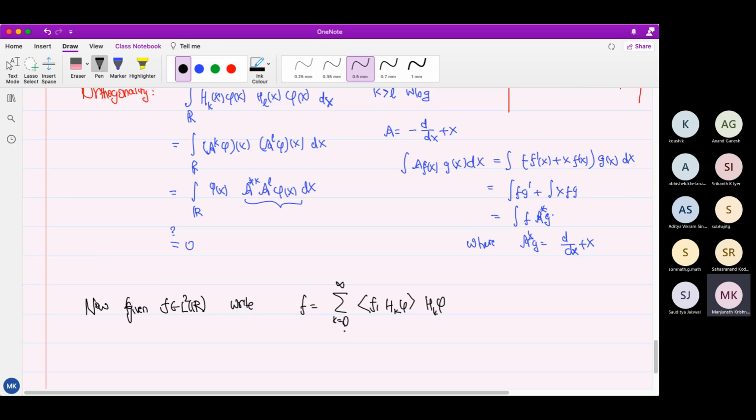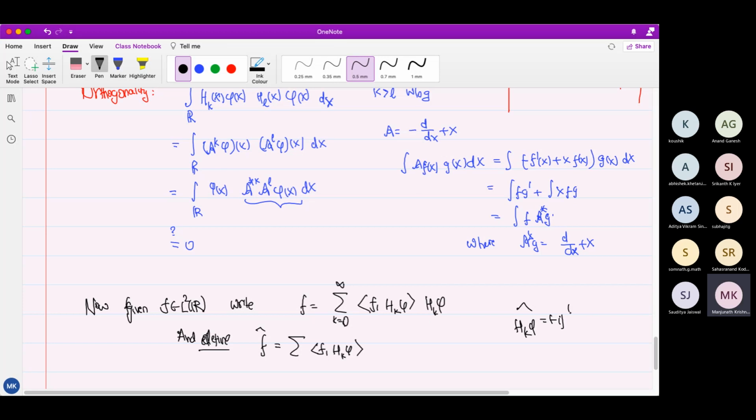That is how this is. And define f hat by linearity. We'll just put the transform through here, and HK phi hat